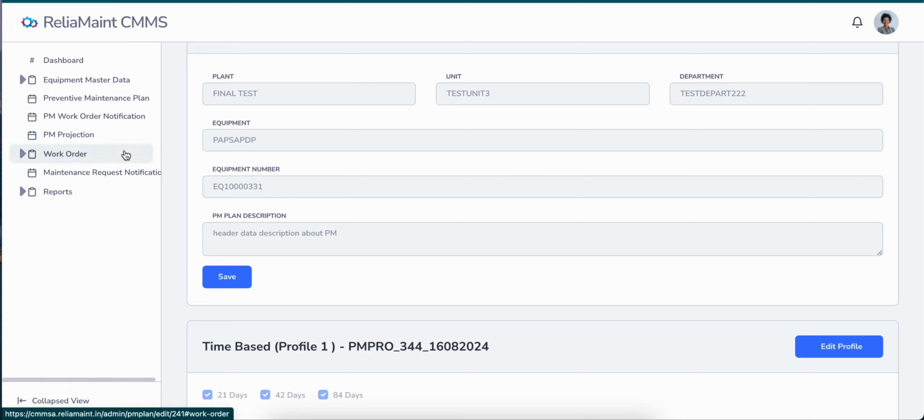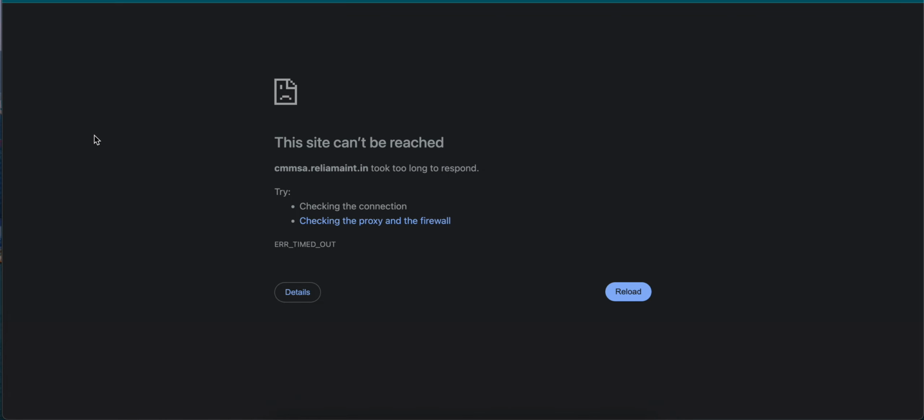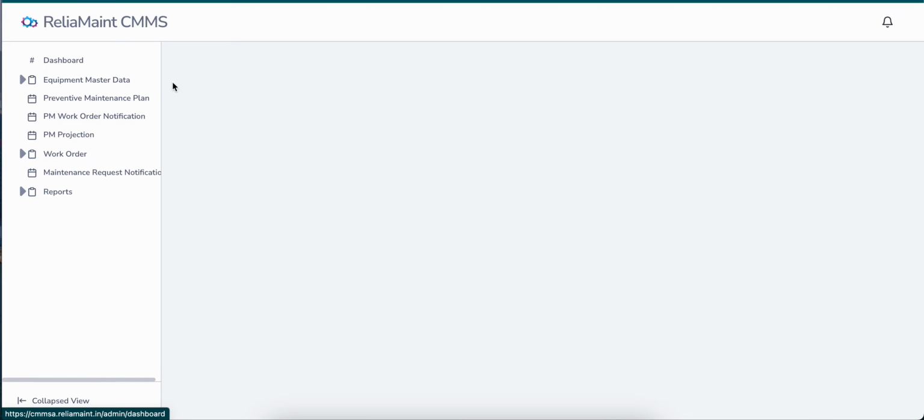Then further we can see what work orders are pending, or what work orders we can plan for the next week. Here, for example, if we go by the PM projections, PM projection will provide the PM work orders that are likely to come for a given period.